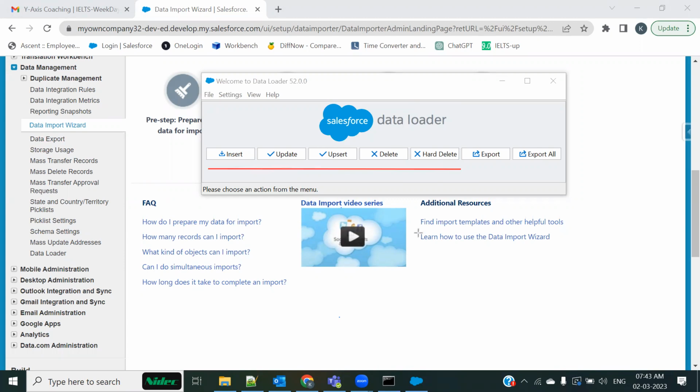These are the options for performing the import operation. And these two operations, export and export all, are for exporting the data. So in a single tool we have both options, to perform import and export. That is the first advantage. Now, the second advantage